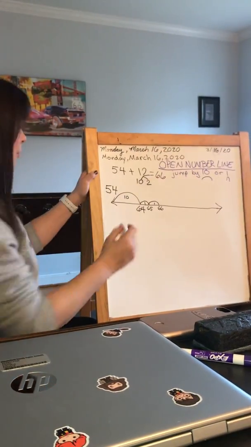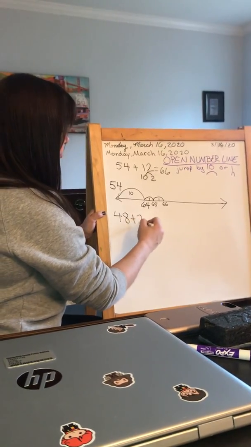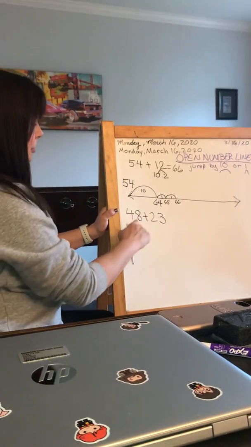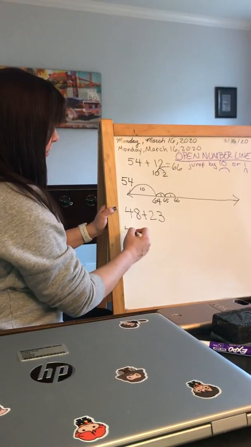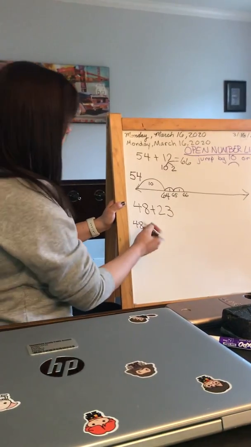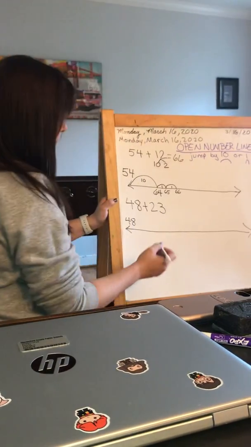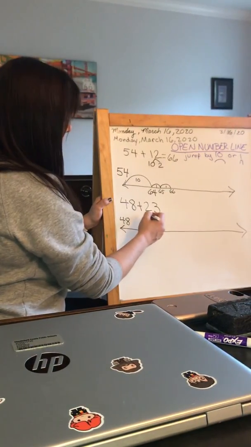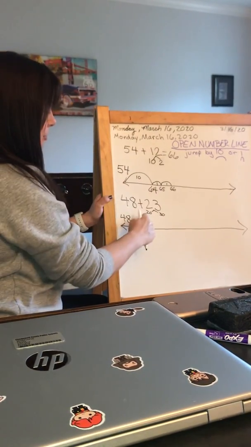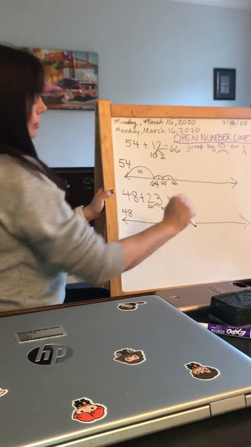Okay? Let's try one more. All right? If I have 48 plus 23, I want to start with the bigger number. So I want to start on my number line with 48 because that's the bigger number. I don't want to do 4 10 jumps and 8 1 jumps. That's a lot. You can make boo-boos, right? So I'll draw the open number line, and I'm going to break 23 apart into 20 and 3. The 2 in the tens place tells me I have 20. The 3 in the ones place tells me I have 3, not 30.